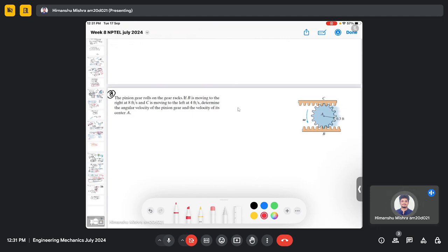So let's consider another question, a similar problem, but here the velocity of B is not 0. Now the pinion gear rolls on gear tracks, and if B is moving to the right at 8 feet per second and C is moving to the left at 4 feet per second, determine the angular velocity. So now it's a similar setup,